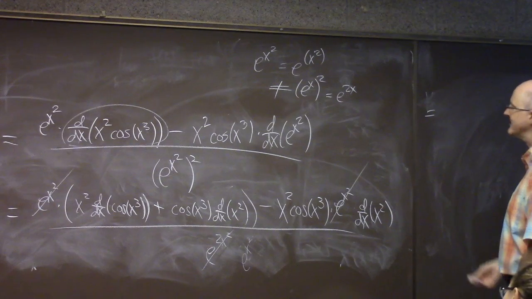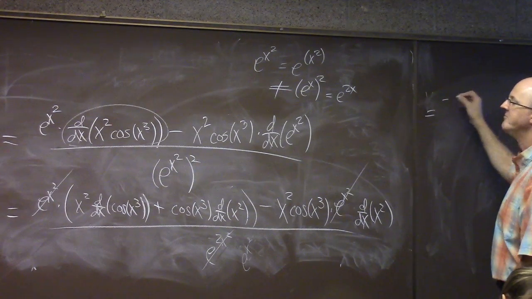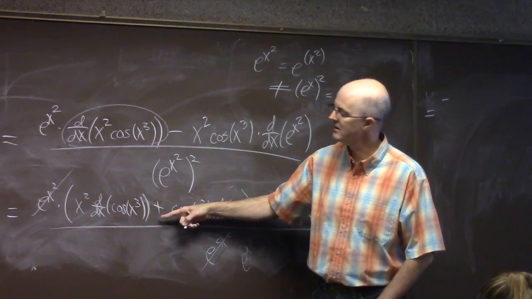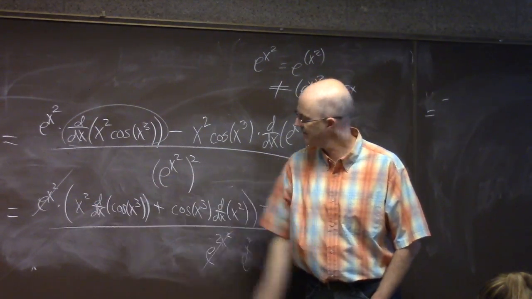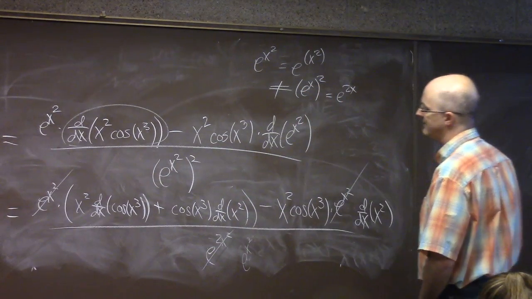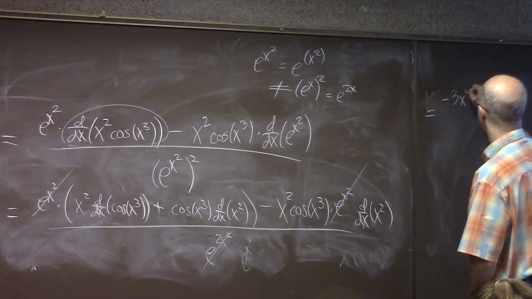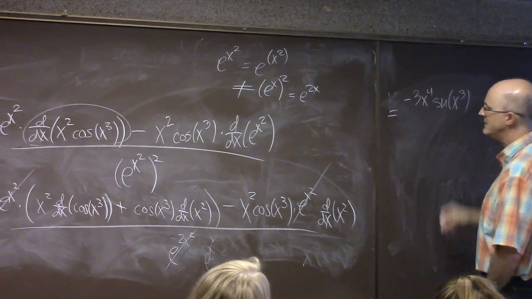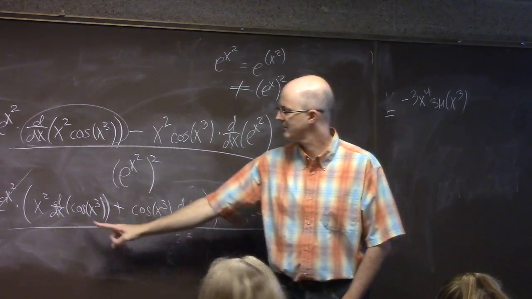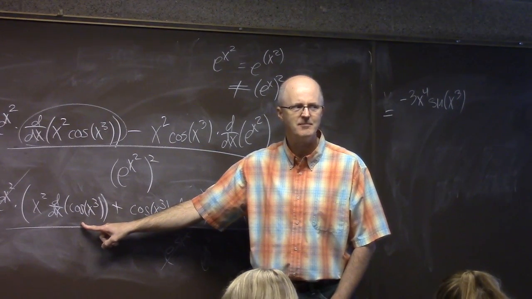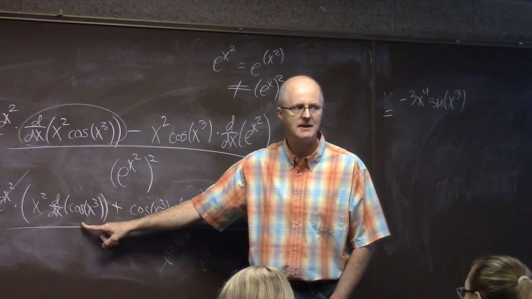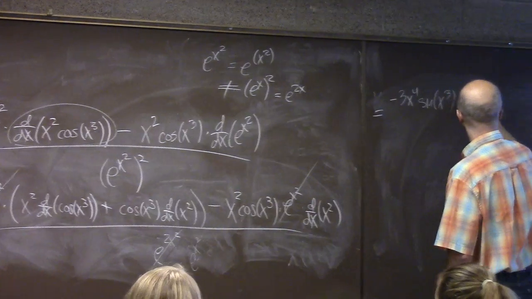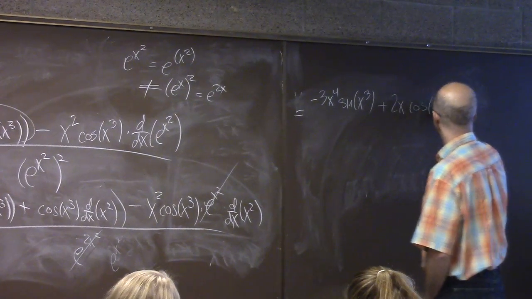Derivative of cosine is negative sine. I'm going to get negative sine x cubed times 3x squared times x squared. So it'll be negative 3x to the fourth sine x cubed from that one. Be thinking with me to make sure I don't make a mistake. Plus that will be 2x cosine x cubed